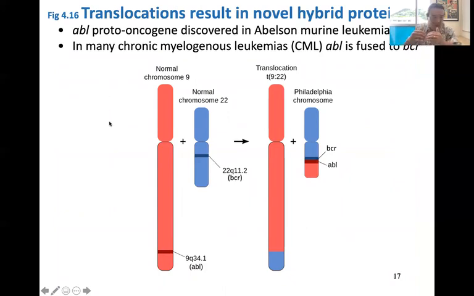Different translocations might result in part of one gene being fused right up against the nucleotide sequence that codes for another protein. If this resulting hybrid gene gets transcribed and translated, you might have what we call a chimeric protein,